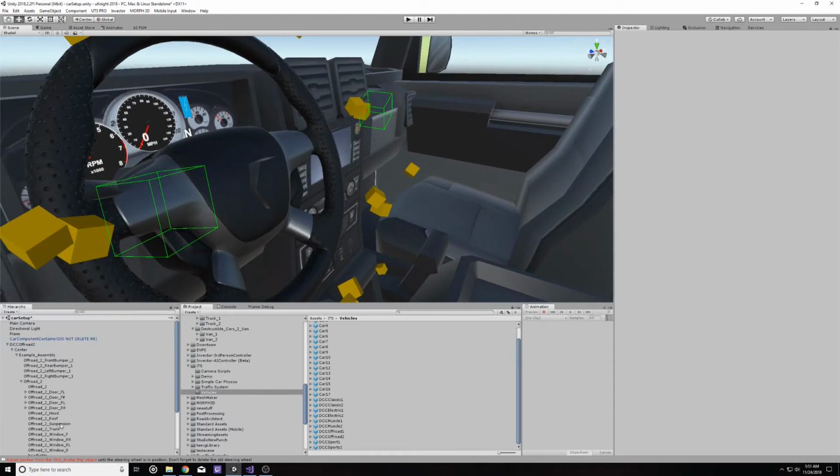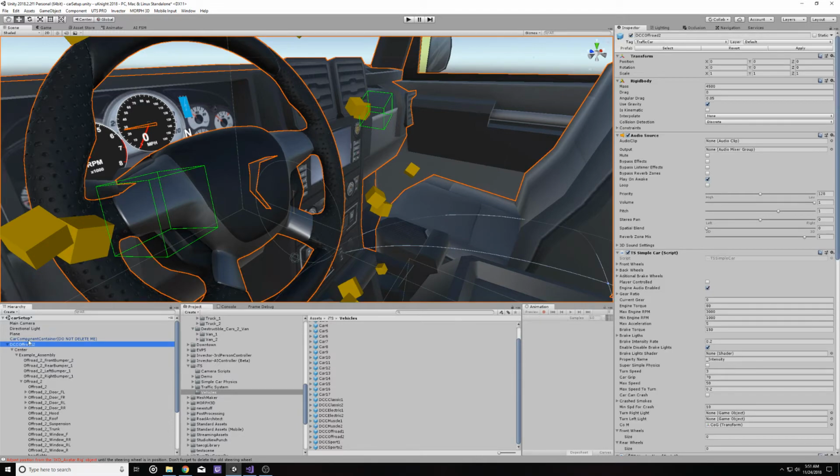Alright, so then you come back up here, you click your topmost object in the prefab, and you click apply. You've now updated your prefab